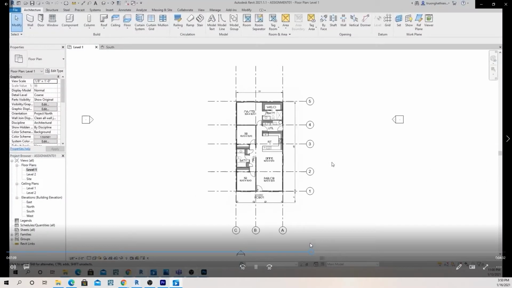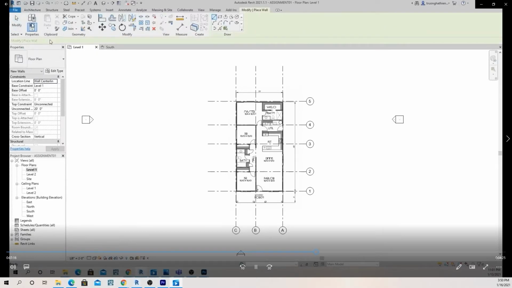Now let's start to draw the wall. You move to the wall in the Architecture tab and you select the height of the wall. Now you can change the height of the wall here,